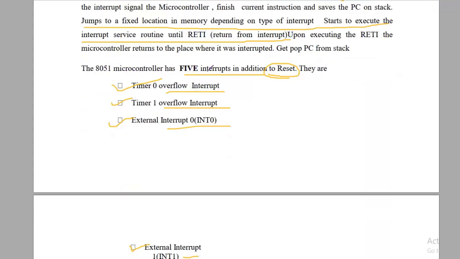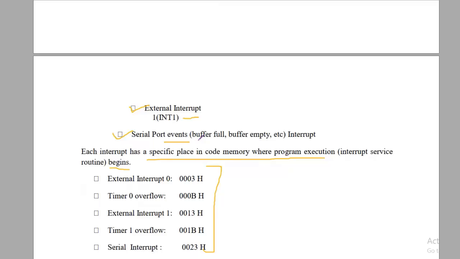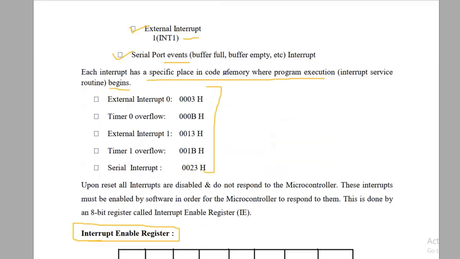There are 5 interrupts in addition to reset: timer 0, timer 1, external interrupt 0, external interrupt 1, and serial port events such as buffer full, buffer empty, etc.